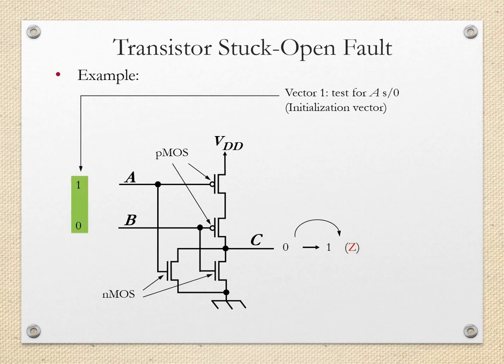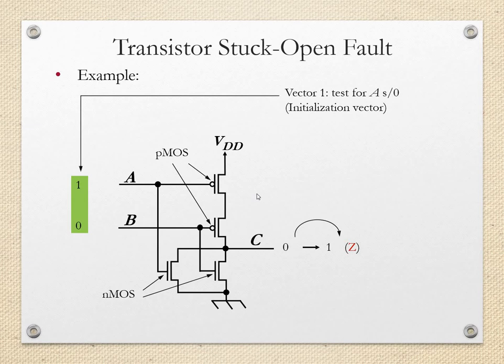So I will apply this set of inputs: A equal to logic 1 and B equal to logic 0. What will happen? In the normal case, when logic 1 is applied, the N MOSFET will be on, and when 0 is applied, the N MOSFET will be off, and it is vice versa for the P MOSFET. Now our A input is logic 1. So if A is logic 1, this first N MOSFET will be on and this P MOSFET will be off. B is 0, meaning the P MOSFET will be on and the N MOSFET will be off.